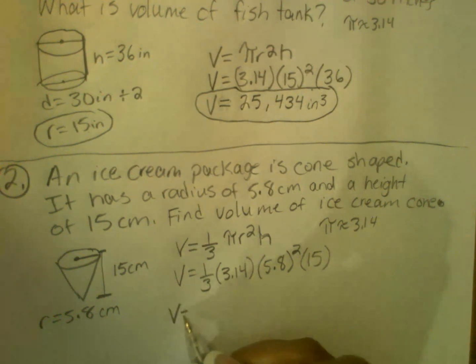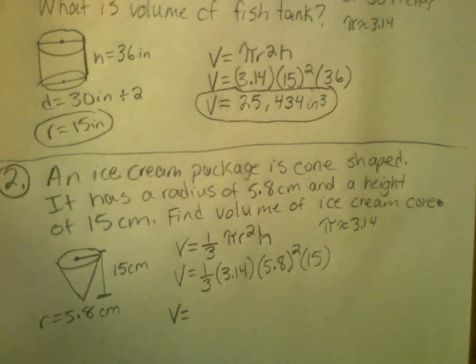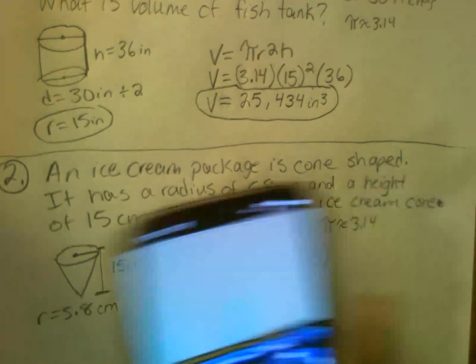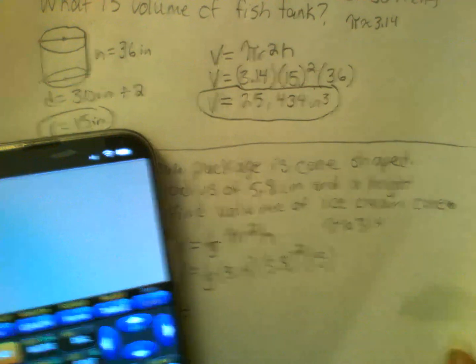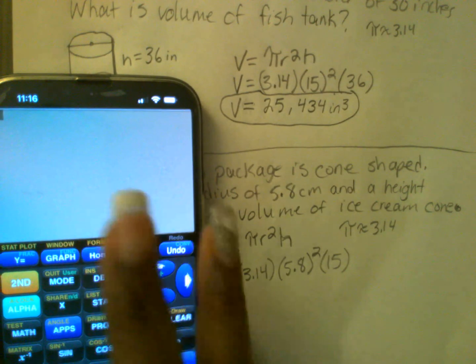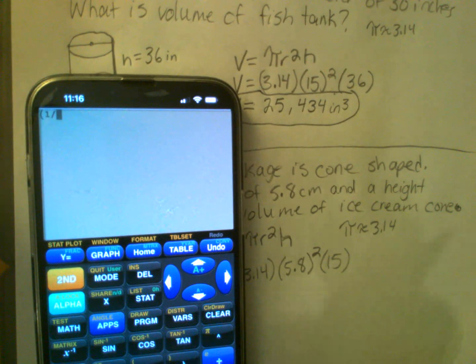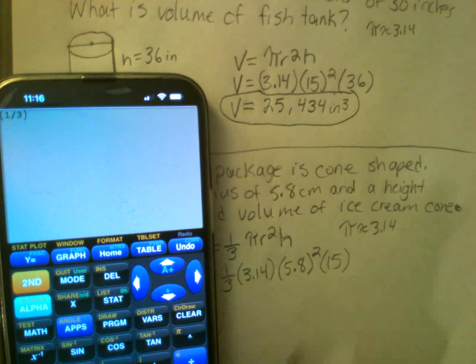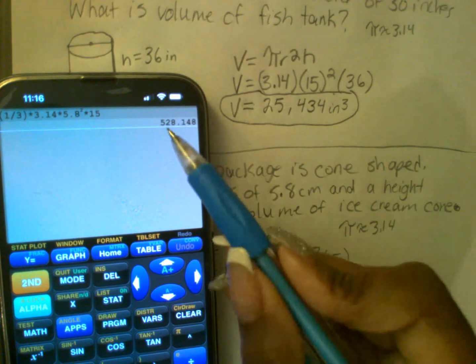So now we're going to figure out what our answer is. I'm going to go to the calculator again and type this in. So we got 1/3, that's parentheses, 1 divided by 3, close parentheses. Then we got times 3.14 times 5.8, square it. This is the x squared button. And then times the 15. Okay? So now we press enter there and we get